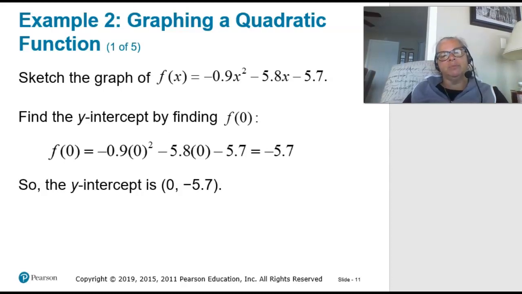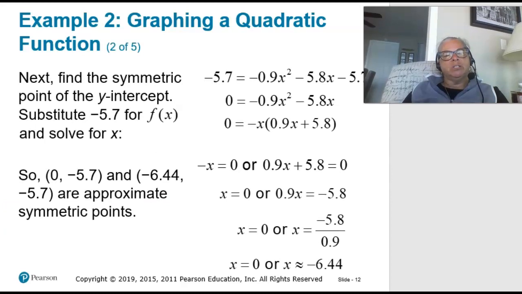Finding the y-intercept, remember x is equal to 0, so we substitute in right here where x is equal to 0, and we find that y is equal to -5.7. So we know that there is a y-intercept at (0, -5.7). When we substitute that back in and say, all right, the height, or the y value, is equal to -5.7, what are the other x values? When we do that, you can see here that we added 5.7 to both sides, and now all of a sudden we have this crazy